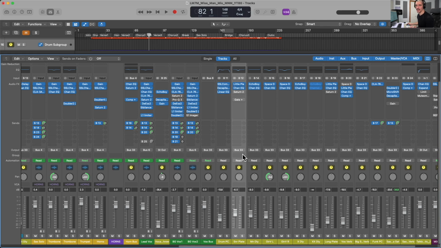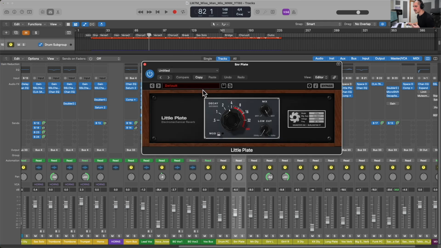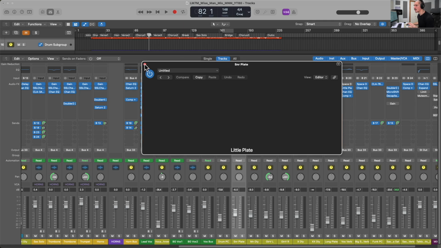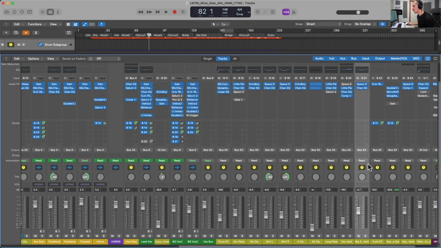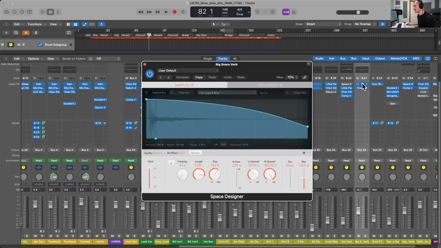This is a snare plate effects return. So I have a little plate right here from Sound Toys, which acts as a reverb that is affecting only the snares because only the snares are being sent to it. And then over here on 21, I have extra reverb for these snares, just the Space Designer stock convolution reverb